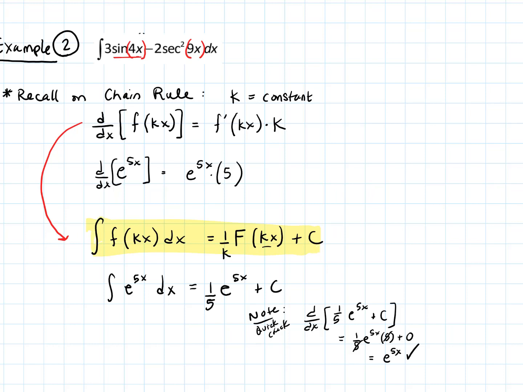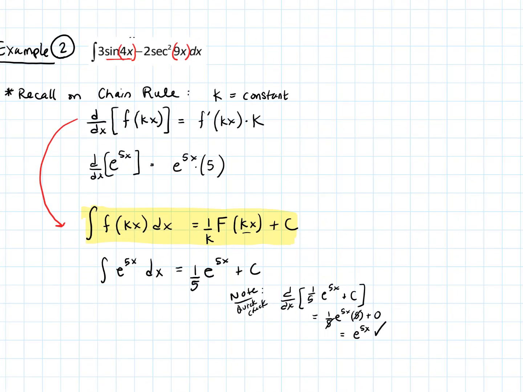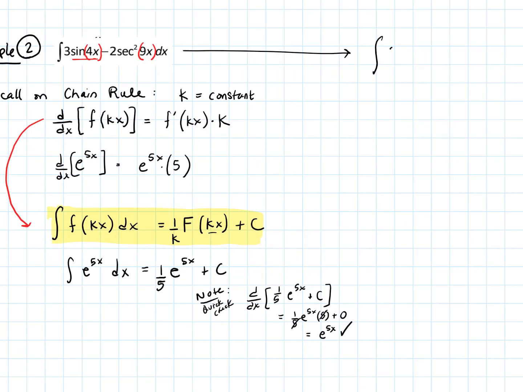So anytime we have a constant composed into a function, when we're finding its antiderivative or integrating, we'll adjust for that constant with that 1 over k, that multiplication by 1 over k. And I'll show you how that would work on this particular problem. So I'm going to bring that problem over here so I have a little more space. So if I was integrating 3 sine of 4x minus 2 secant squared of 9x dx,